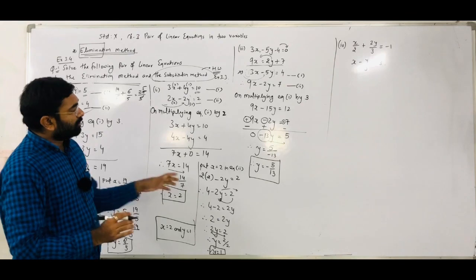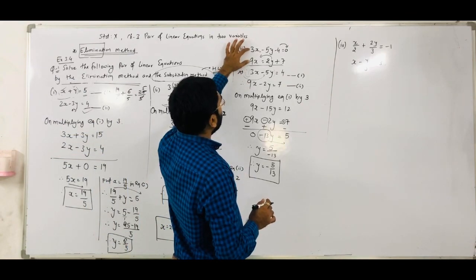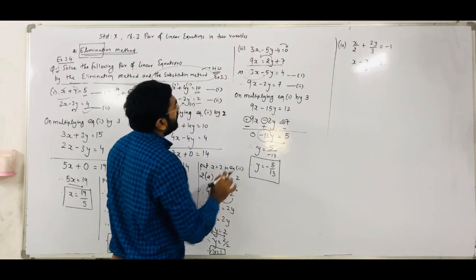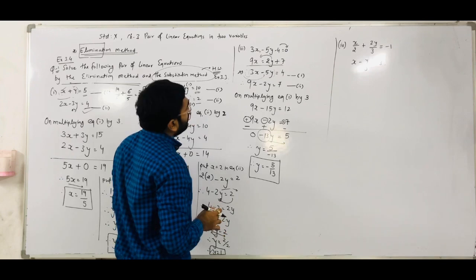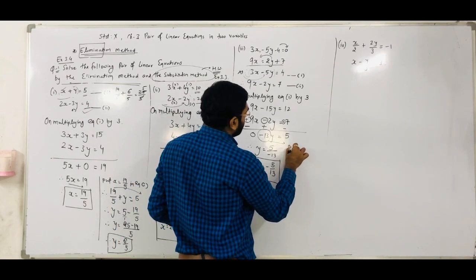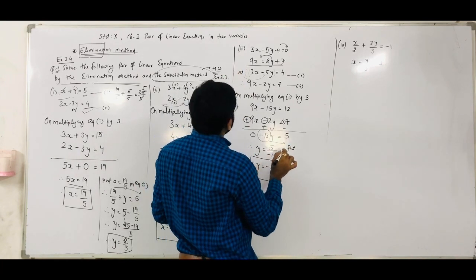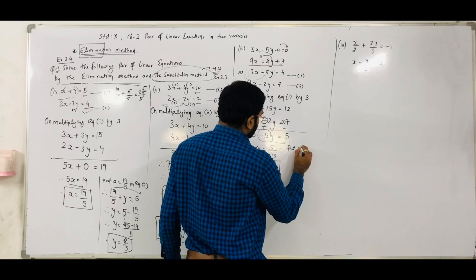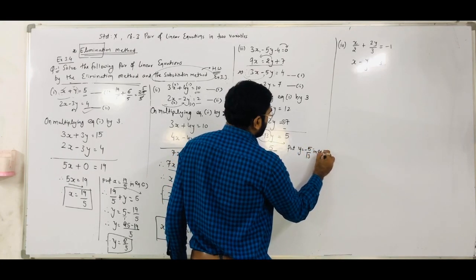So we get one of the variable values that way. Okay. Now what do we have to do? That y is equal to minus 5 by 13, we have to put into any one of the equations. Suppose I put it in this one, right? So y is equal to minus 5 by 13. Or you can put it here. Suppose we put it in equation number 1: y is equal to minus 5 by 13 in equation number 1.